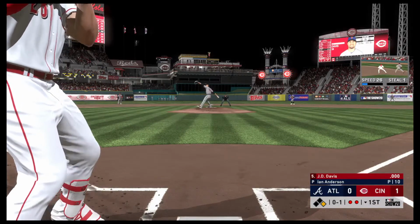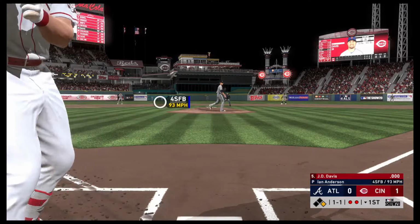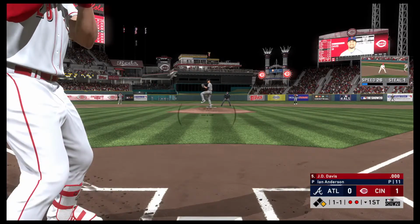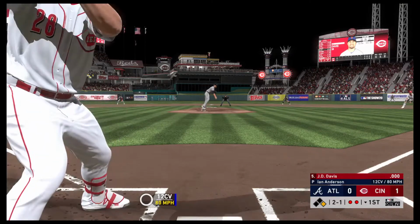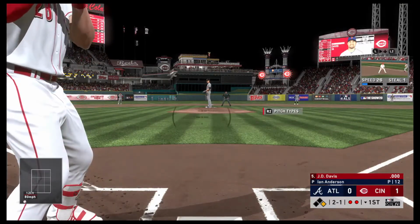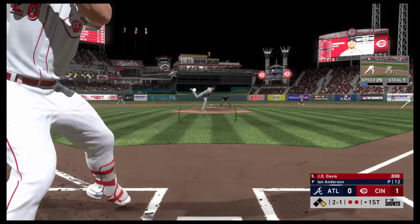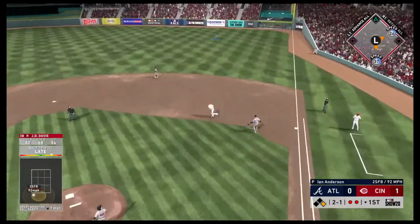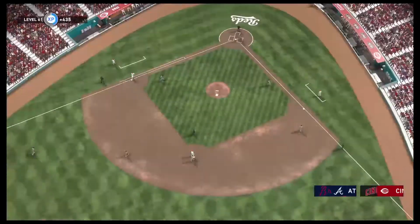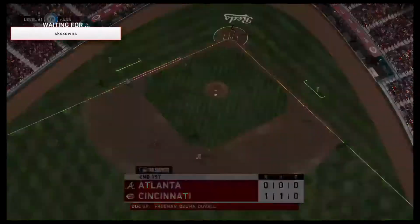Hey, what a great pitch right there in a big situation to pull a string on that changeup. He knew that hitter was going to be super aggressive. Anderson is kind of an interesting guy when you dig into his starting pitching tendencies. As starters go, he does a nice job of limiting base hits, but what's proven to give him trouble at times is the walk. And the right fielder is there to make the catch, and the inning is...